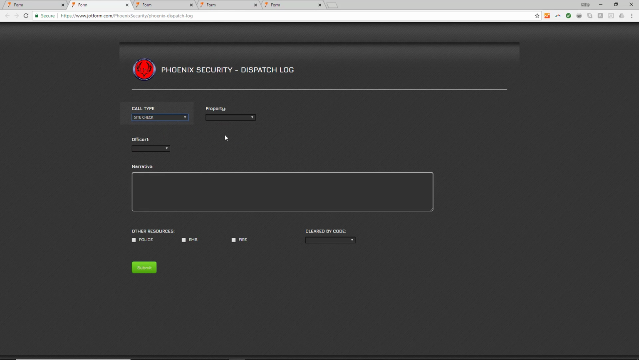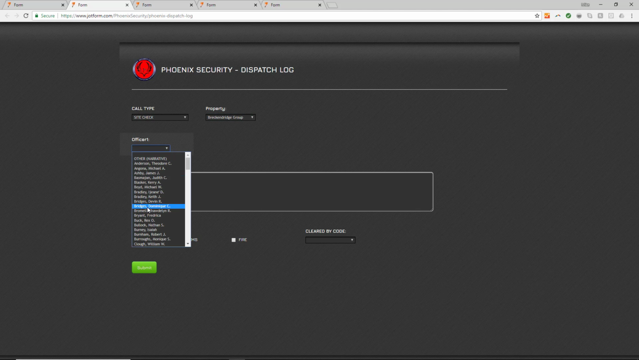Site check. Okay, this is not intended for the patrol officer to call in, all north patrols are complete. This is supposed to be a per location entry. So I will make sure that's cleared up with them, and wanted to let dispatchers know that that's not the way that it's supposed to be input. So you would pick the property that they were doing the site check, who's calling it in,